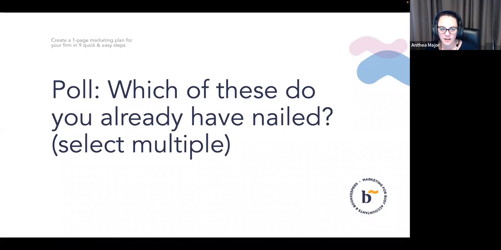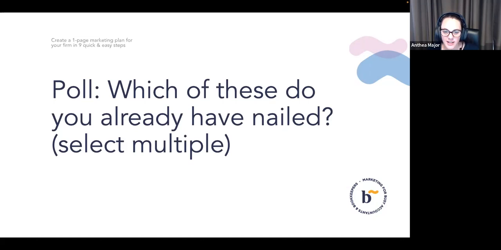Awesome. All right, can you all see that now? So highest is how you keep customers happy, which was probably going to be my guess. I know a lot of the advisors we work with anyway are very caring people and do a lot for their clients, and do a lot to keep them happy too. It's a great one to have dialed, of course, and it's probably one of the reasons why accountants are so good at getting referrals too. If you keep your clients happy, then they're more likely to give those referrals.